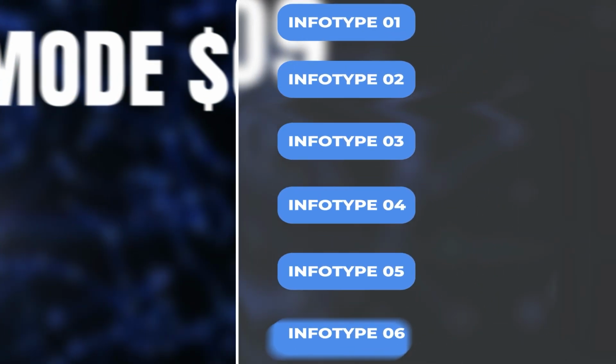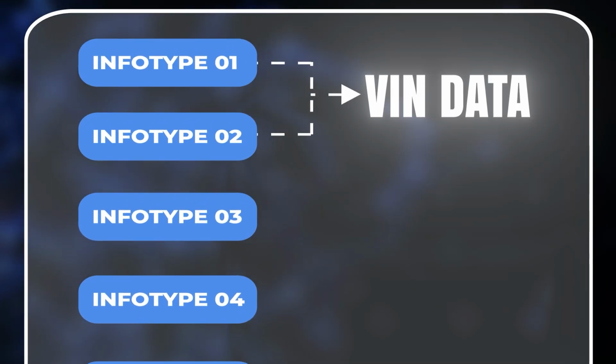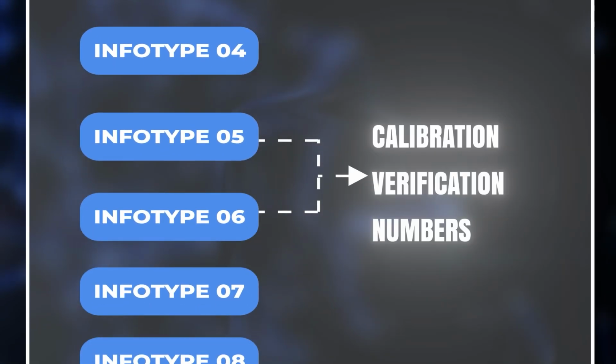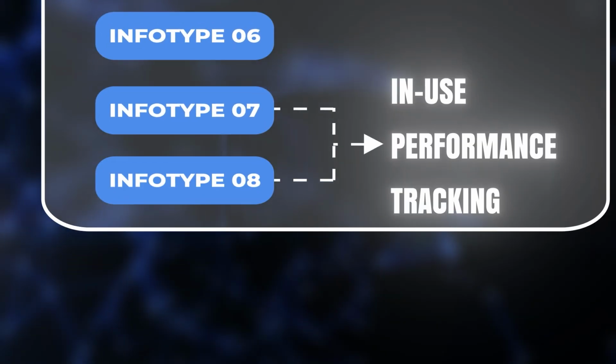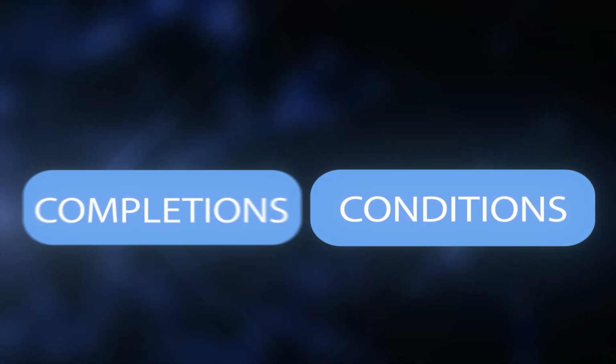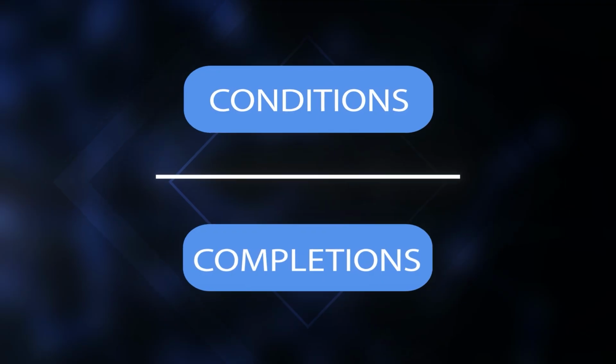Infotypes 1 and 2 handle VIN data. Infotypes 3 and 4 report calibration identifications. Infotypes 5 and 6 return calibration verification numbers used to verify software integrity after a reflash. And Infotypes 7 and 8 support in-use performance tracking, with Infotype 8 providing the completion and condition counts used to